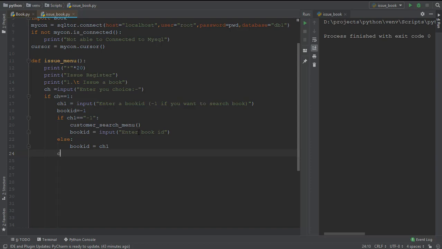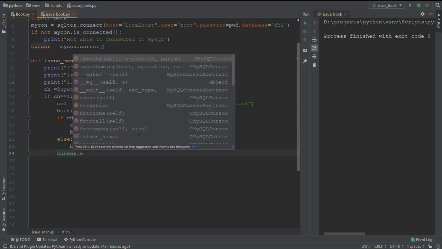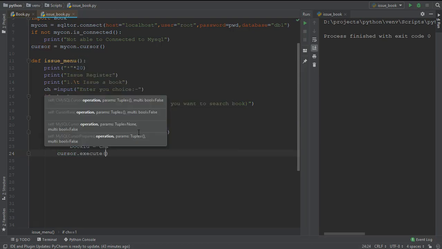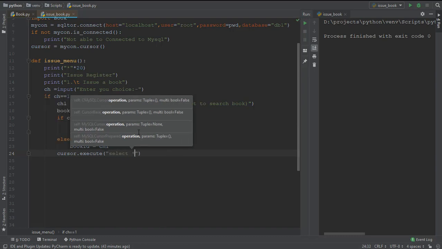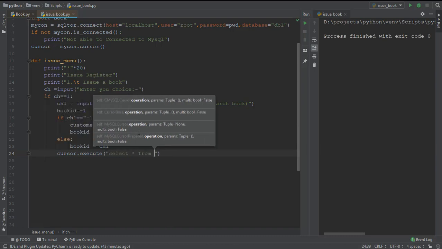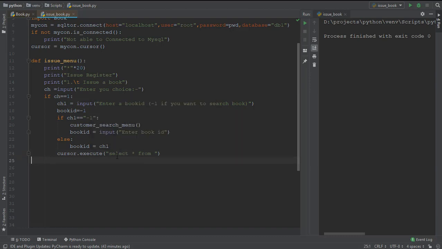And then we have a cursor. So what we are going to do is use cursor dot execute to execute the query. And let's say select a string from, okay, I need to find out the customer name. So what I'm going to do is ask another input, the same as the previous one, choice 2 for the customer, that is